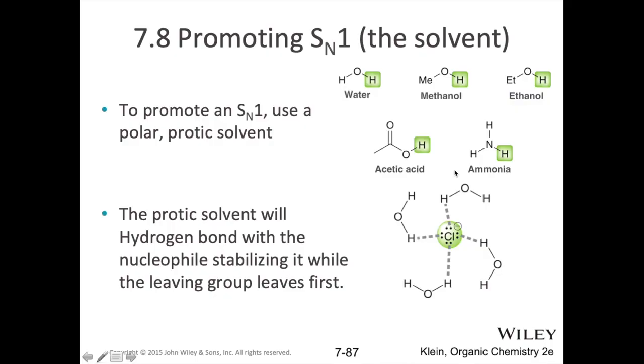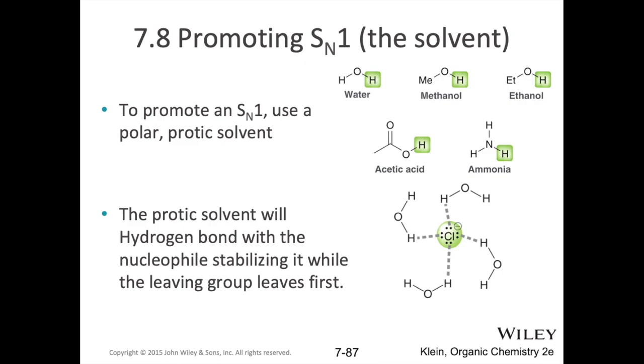Now, with SN1, you still want a polar solvent, but here we're going to use a protic solvent. Again, I mentioned a protic solvent is one that's capable of hydrogen bonding. Because it's capable of hydrogen bonding, these interactions almost border on ionic. They have these hydrogens that really get around that nucleophile and surround it. This actually makes your nucleophile less reactive. It shields it, making a shell around it that stops it from attacking your